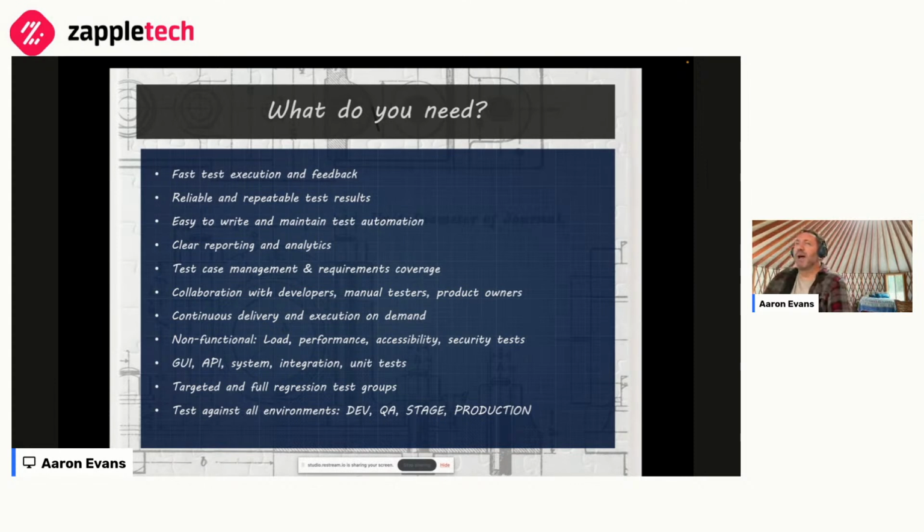If we're spending more time maintaining or interpreting or tracking down false positives in our test automation, then that's not giving us value. Or if the reporting from our test automation is opaque or too detailed, then that's another issue.